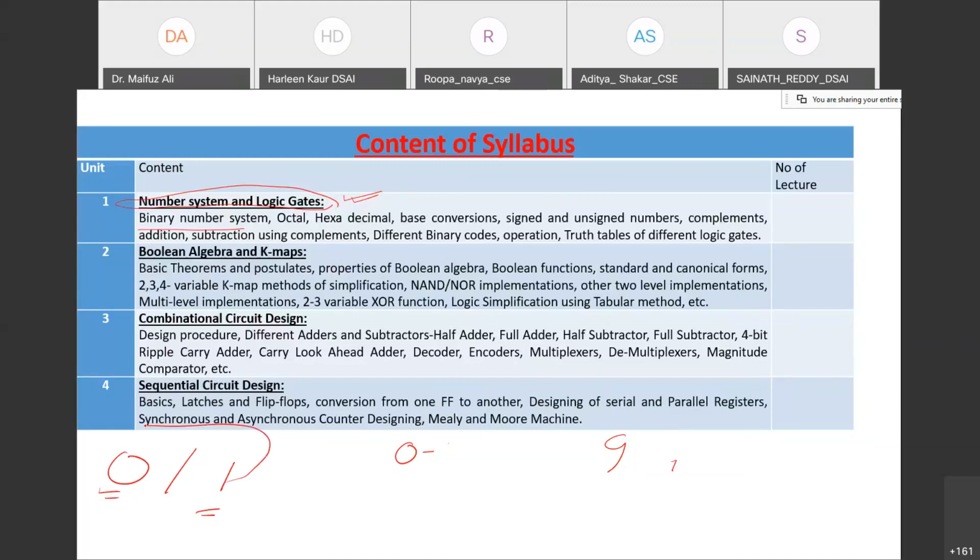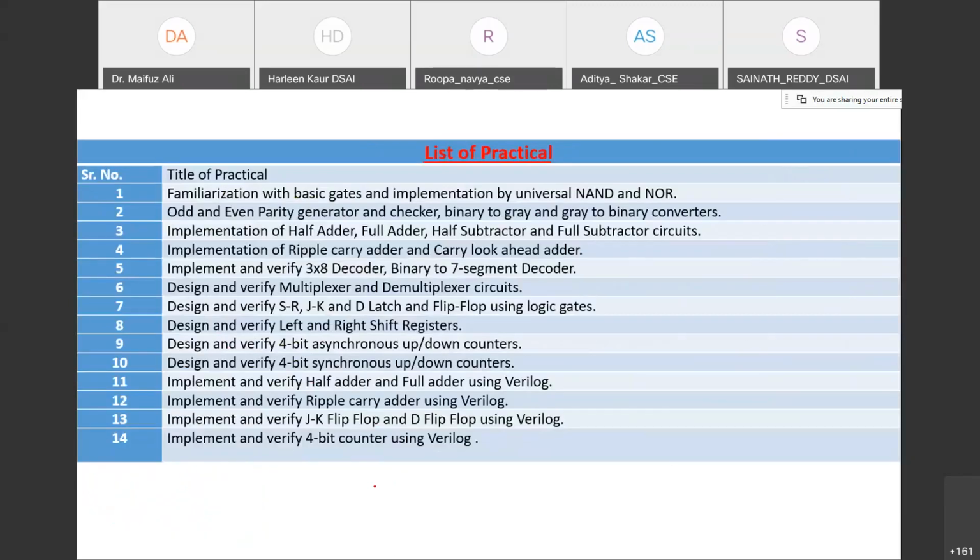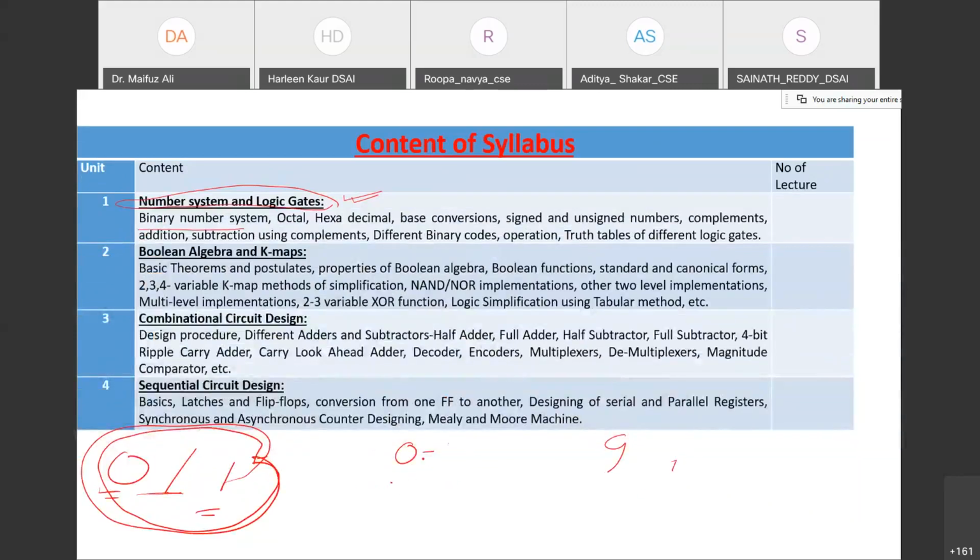With respect to 2 digits, we will divide the whole number system. We have to express everything in 0 and 1, and it is your binary number system. Binary is either 0 or 1. But you know the decimal number system. In the decimal number system, you have 0, 1, 2, 3, 4, 5, 6, 7, 8, 9. So total 10 digits. So it is base 10. But in case of binary, the base is 2.